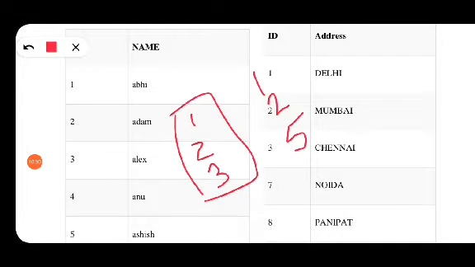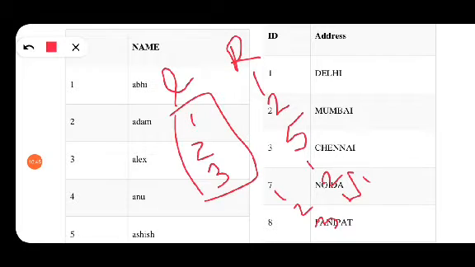So this is the left table, this is the right table. So when you get the output as 1, 1, 2, 2 and for 3 you will get null. You will not specify 5, but for 3 you will write null. I hope this is clear to all of you.